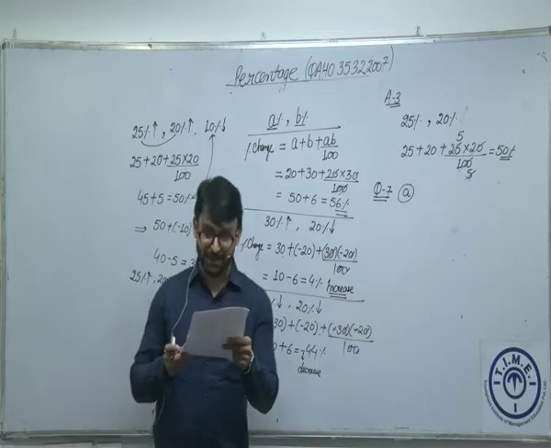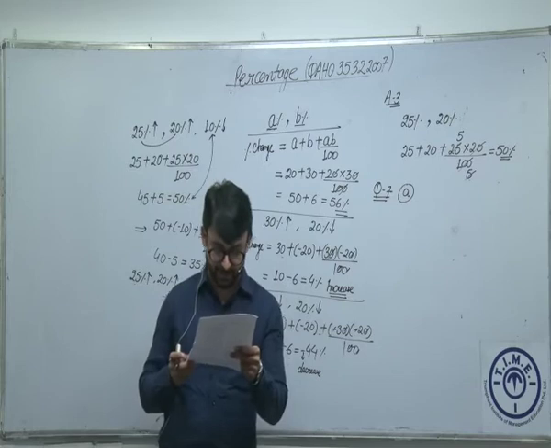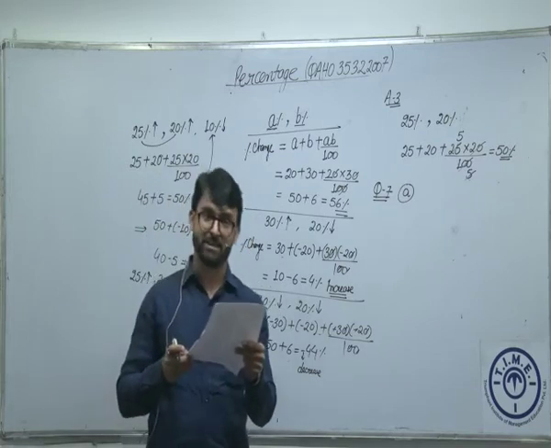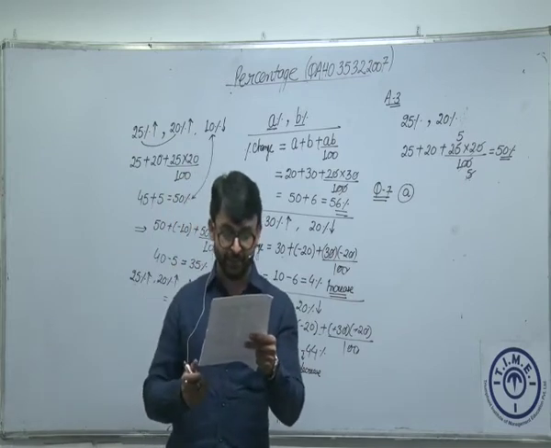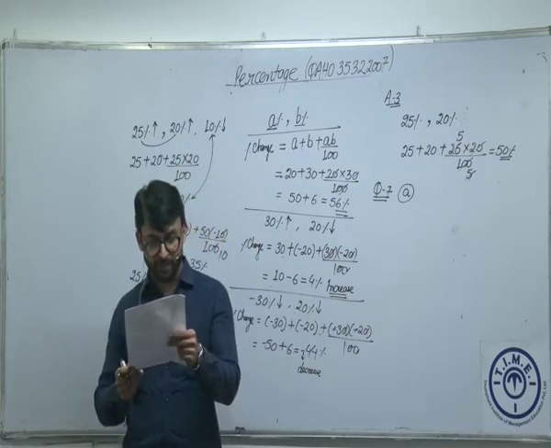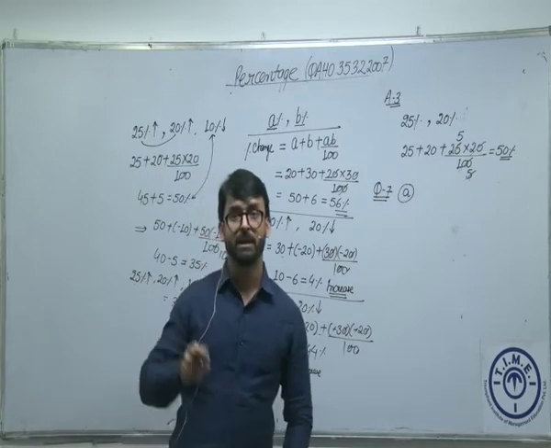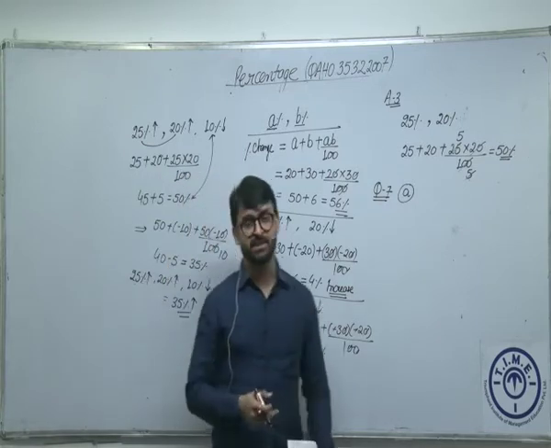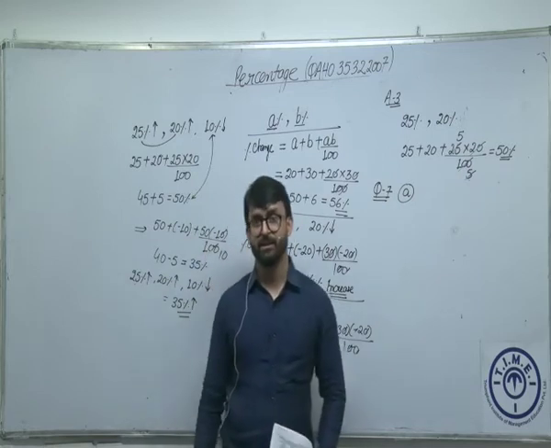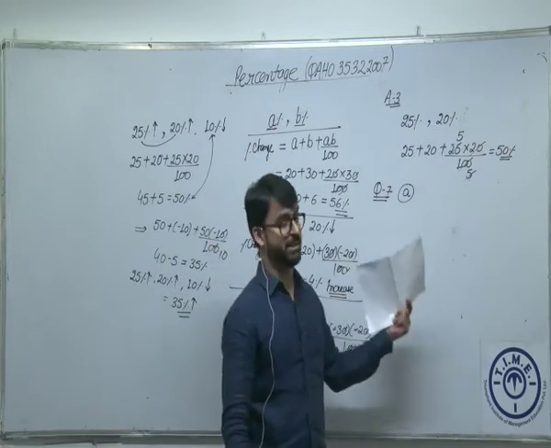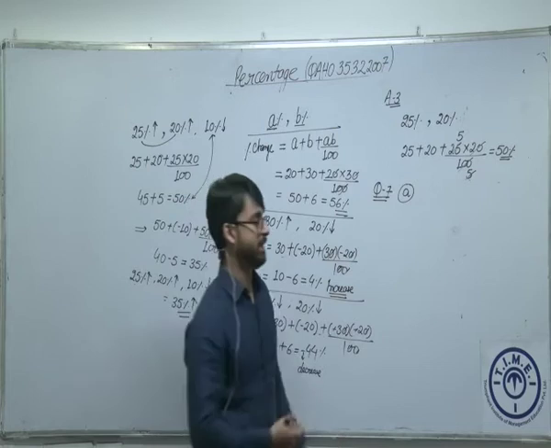When the price of an article is increased by 30%, its sales decreased by 20%. What is the effect on the revenue of the article? In the previous questions, we discussed the same thing is changing. Here, there are 3 elements, so do we use successive percentage change or not? Let's understand this, how we can use it, why we are going to use it.